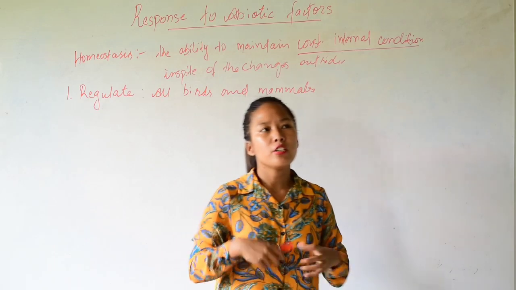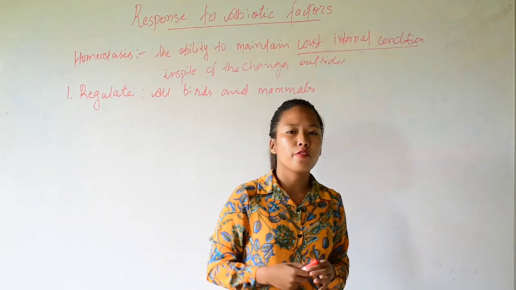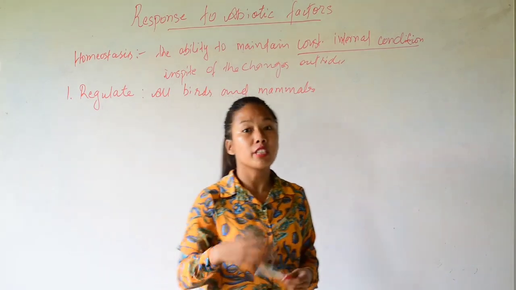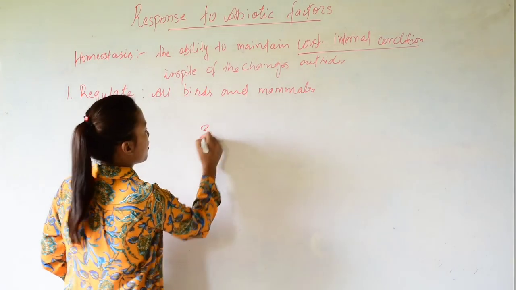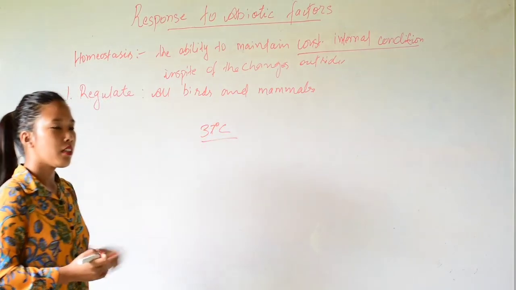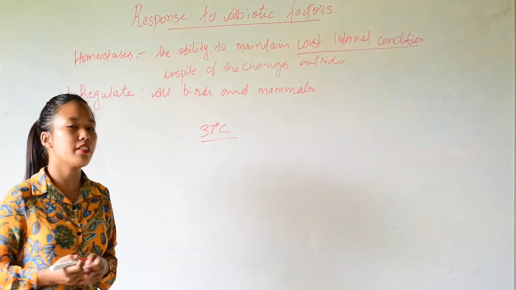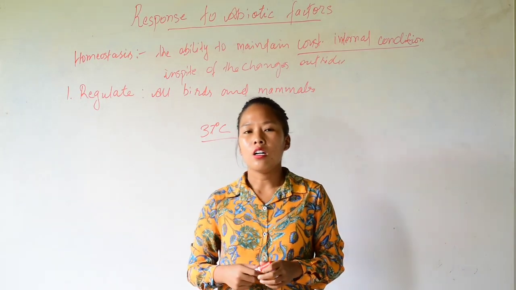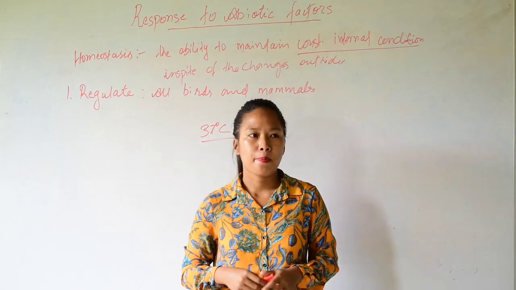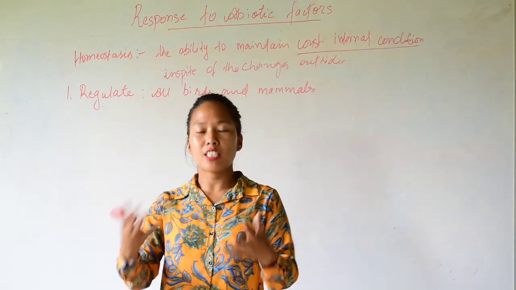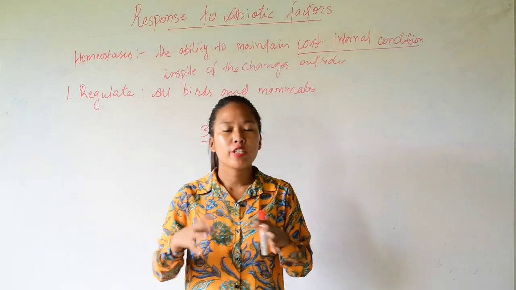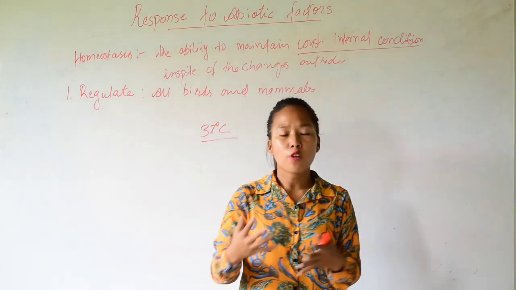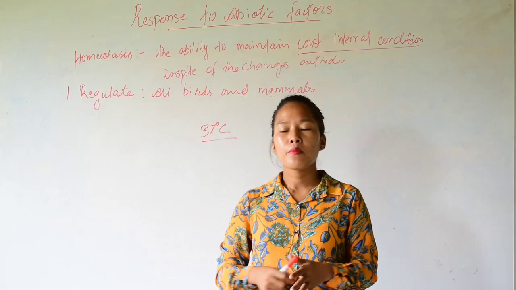Now, we humans are capable of maintaining a constant internal body temperature of about 37 degrees Celsius. So, in summer, when it is very hot, we sweat profusely. When this sweat evaporates, it absorbs some amount of heat from the surroundings. Since heat is absorbed from the surroundings, it gives a cooling effect and brings our